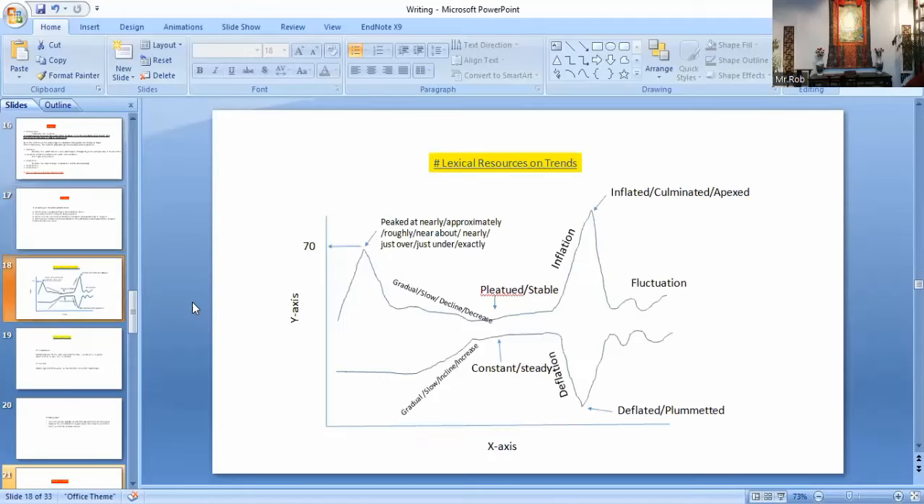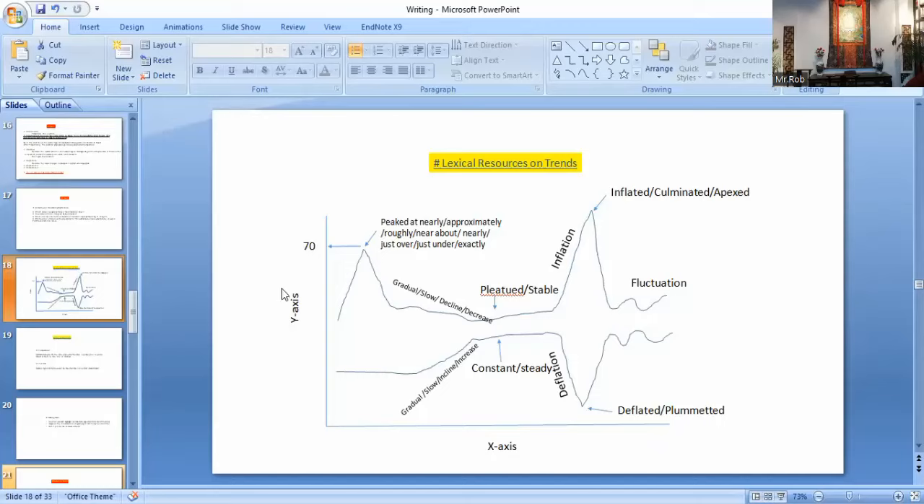Another important thing is about using the correct vocabulary in writing. Vocabulary is also called lexical resource. So there are some vocabularies which you should use during your IELTS writing test in your essays. For example, here,